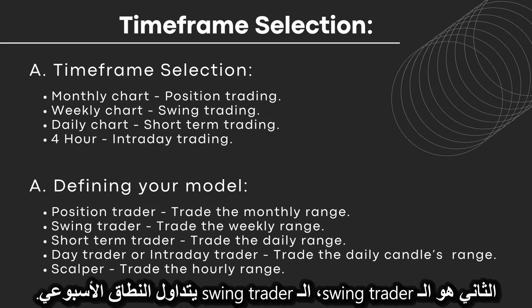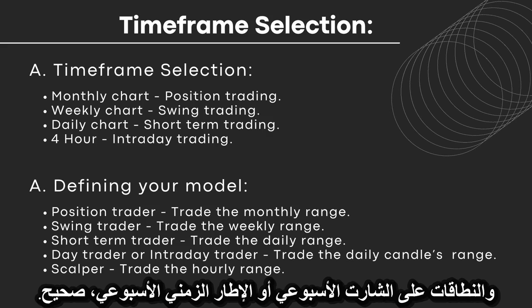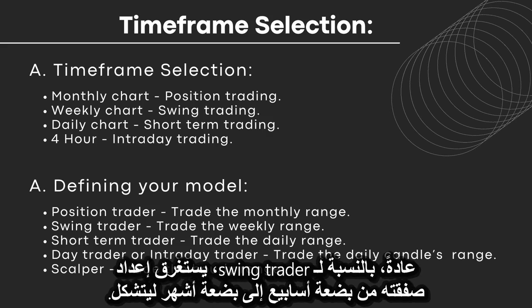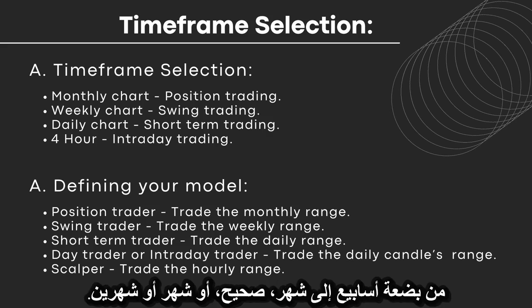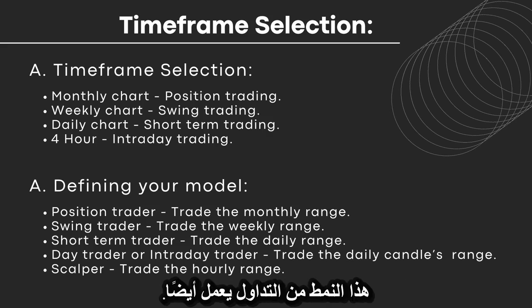Now, the second one is a swing trader. A swing trader trades the weekly range, and range is on the weekly chart or the weekly time frame, right? Typically for a swing trader, their setup takes a few weeks to a few months to form, and the average duration for their setup also ranges from a few weeks to a month or two. Now, this style of trading